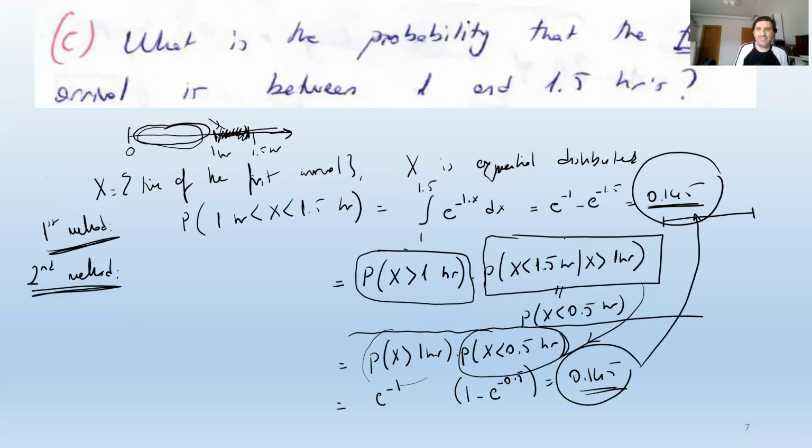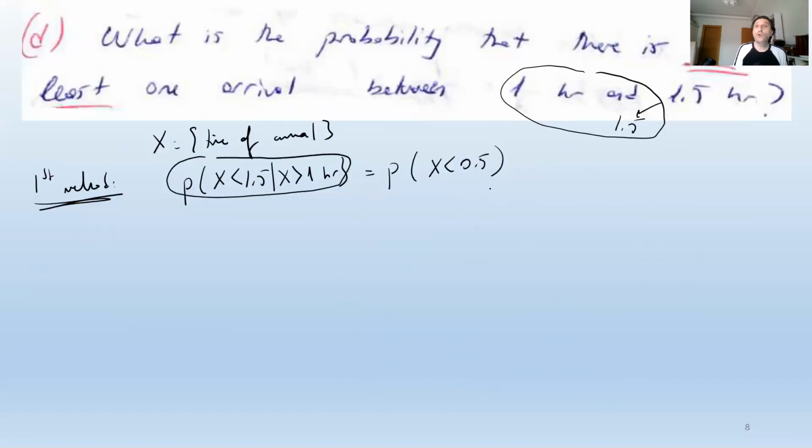Note that the very same term existed there, but we multiplied it by another one, the additional condition that there is no event during the first hour. The first arrival statement necessitated putting that term there. In the second one, we don't have that necessity. We don't care about the first hour. All we care about is that there is at least one arrival between the first hour and the first 1.5 hours.